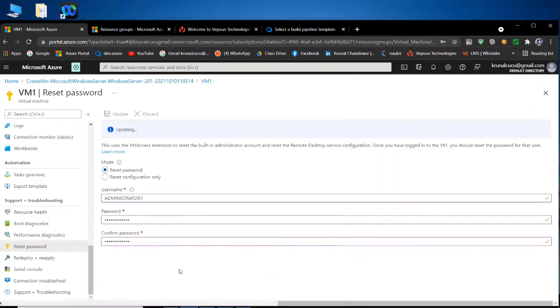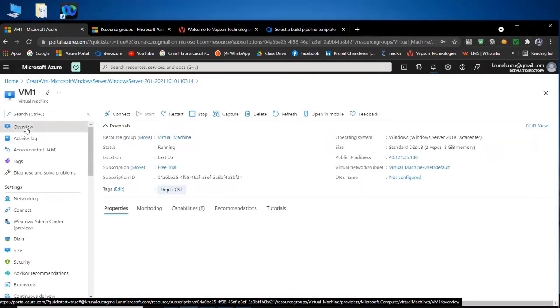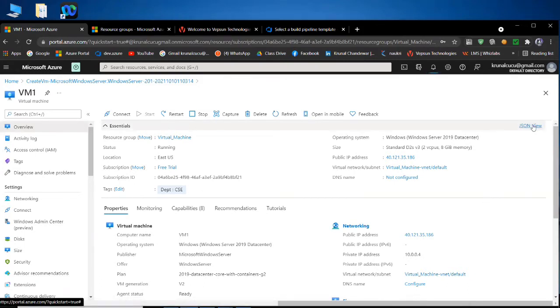Okay, now we will go from here and click on overview. See here, what is written? JSON view. What is meant by JSON? Anyone?